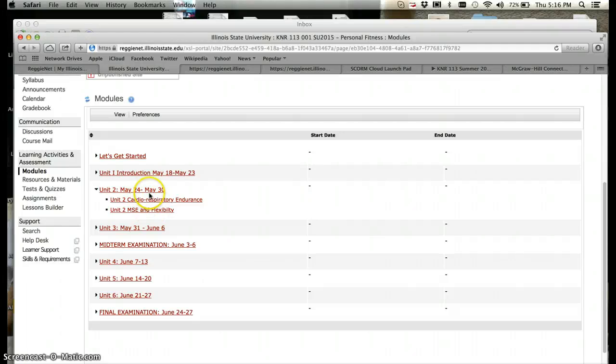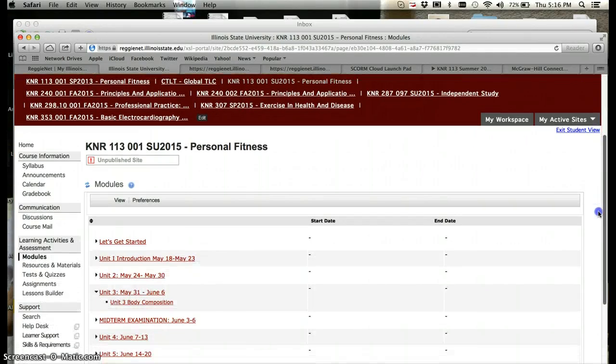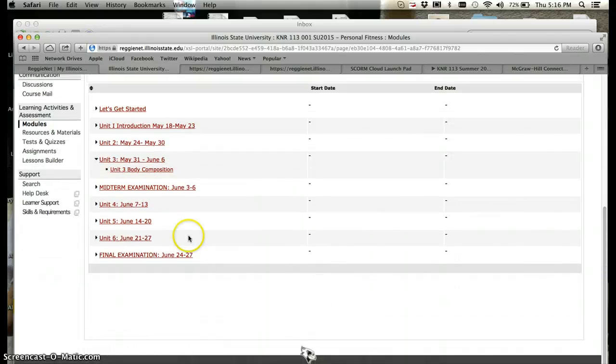And again, this is the week that you'll be coming in for your cholesterol screening. Unit 3 is just one. It's on body composition, and so you only see one there. Unit 4 is on nutrition. Unit 5 is cardiovascular disease and cancer, and Unit 6 is stress. Please take note that the midterm and the final examination, here are the dates when those are open,